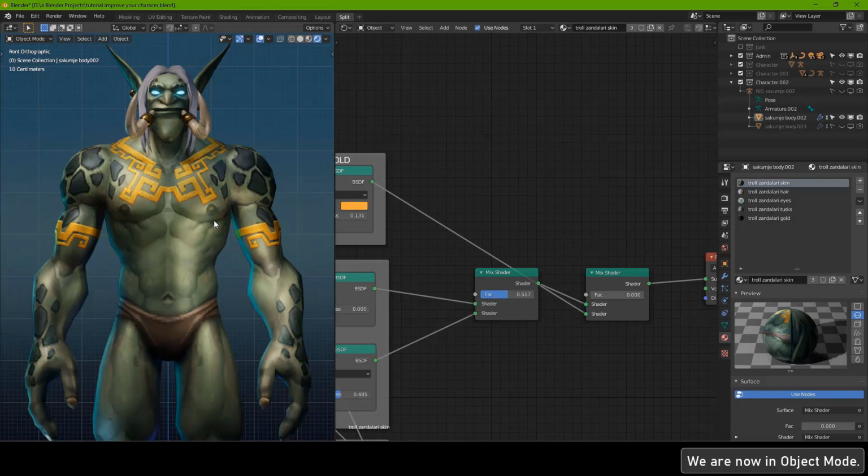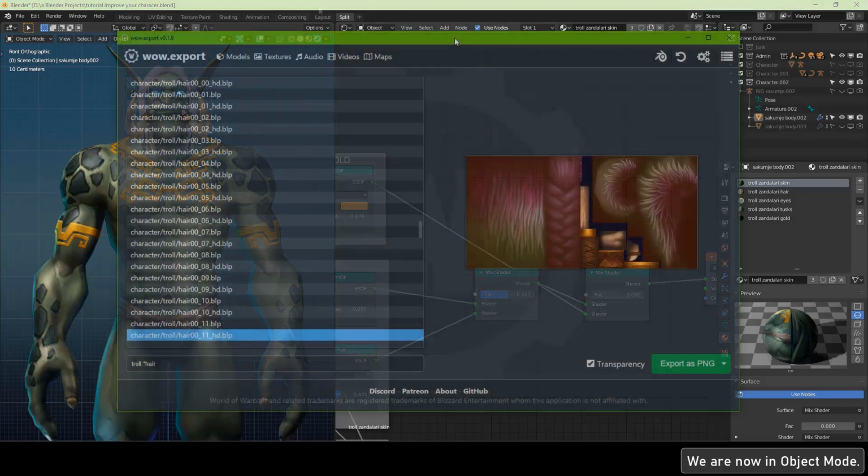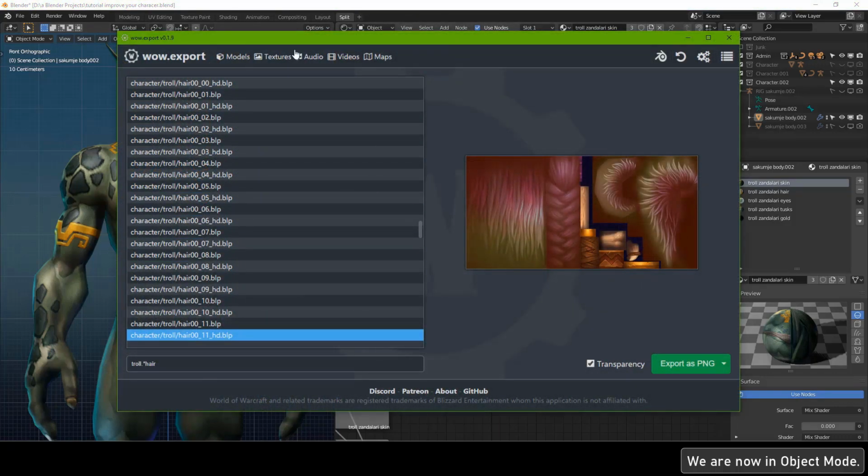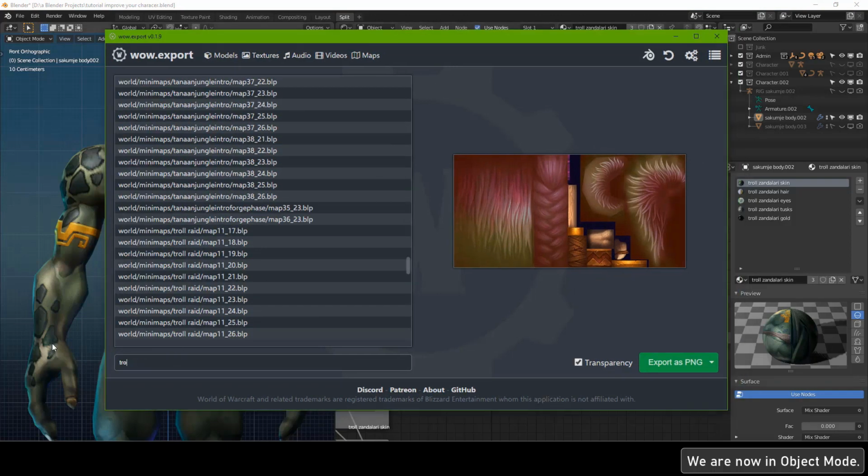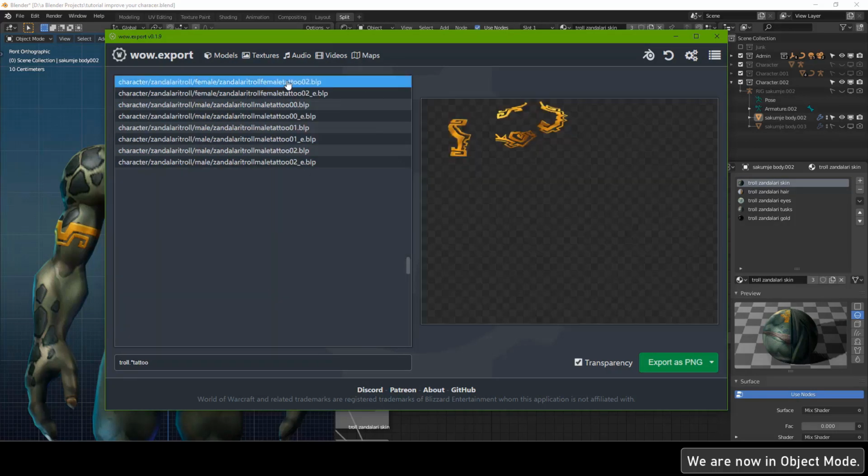You could take the texture to Photoshop and trace it manually and make a black and white mask if you're very masochistic or you have nothing better to do with your life. Or you can go to the Marlamin and Krutner WoW exporter, go to textures, and here search for troll. If you want to specifically search for troll tattoo, you need to add period, asterisk, tattoo. Find the relevant one, make sure transparency is ticked, otherwise this is not half as efficient, and hit export as